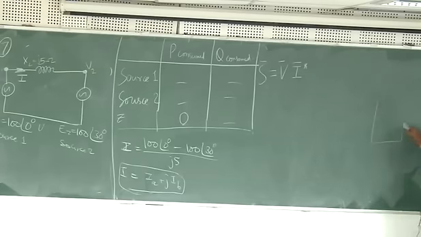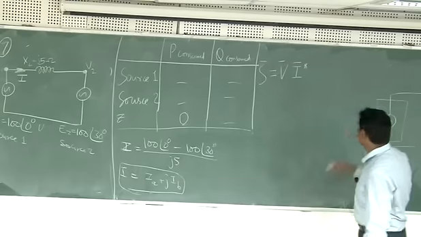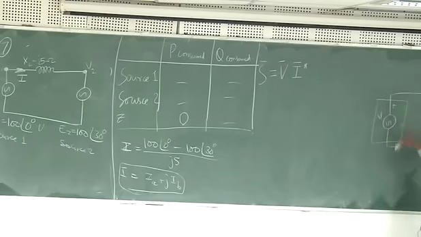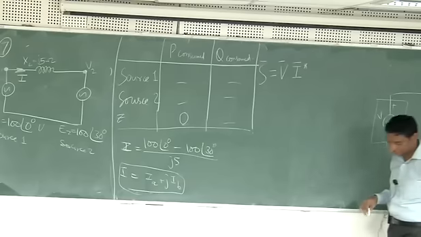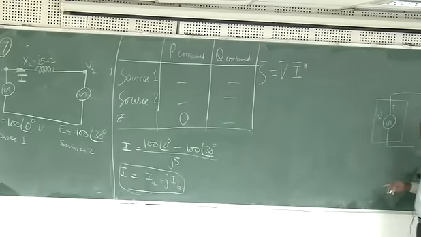For that you consider a box kind of thing. Take a box, inside that box you put the V. And then two wires come out. So this is your V which is inside the box. Then this is plus and minus, that is the positive and negative direction. Then the current direction should go into the box at the positive side. In that case your S will be consumed.